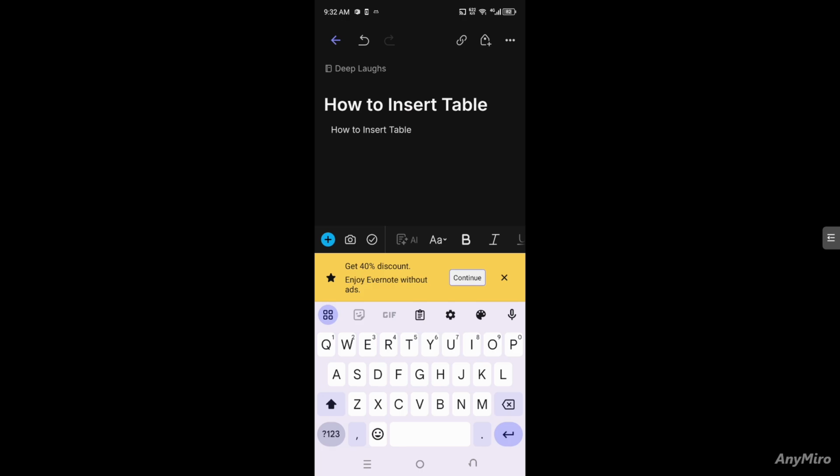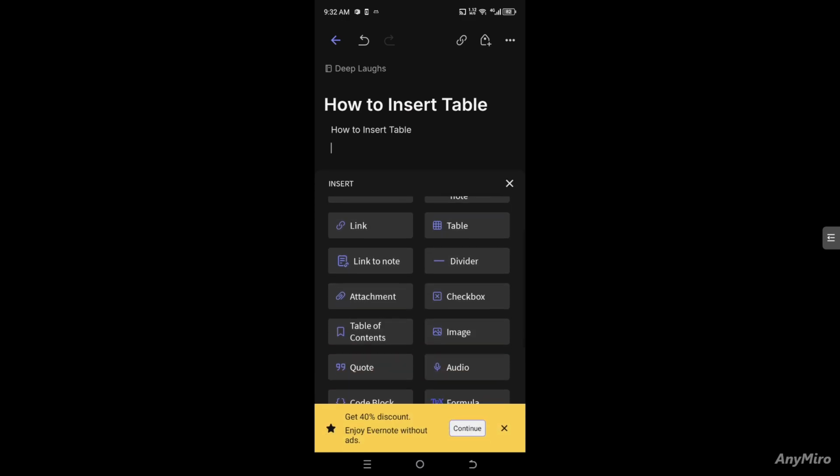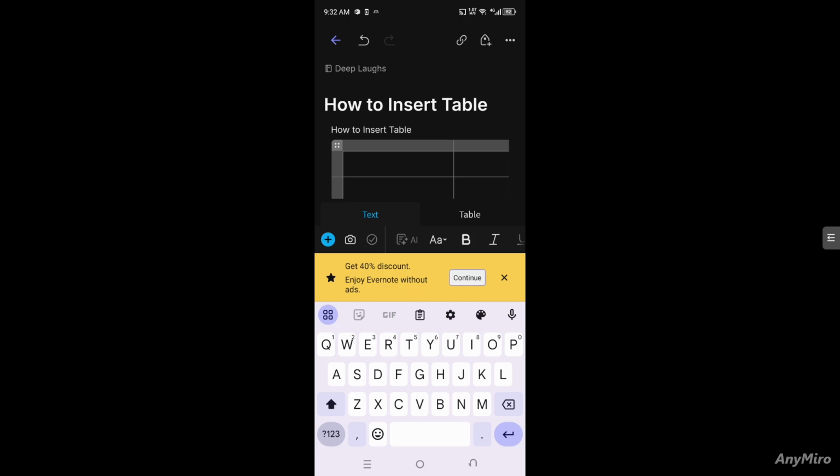Right now, from here, for you to be able to insert a table, there is a plus icon on the bottom left corner beside the camera icon. I want you to click it and there should be an option that says table. All right, and from there